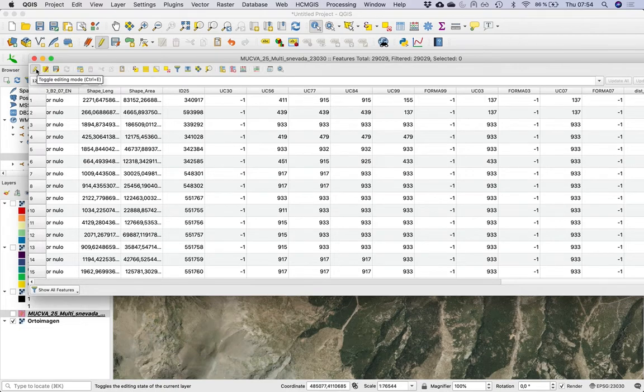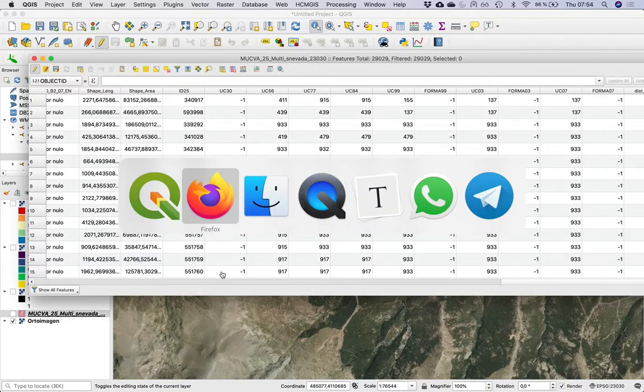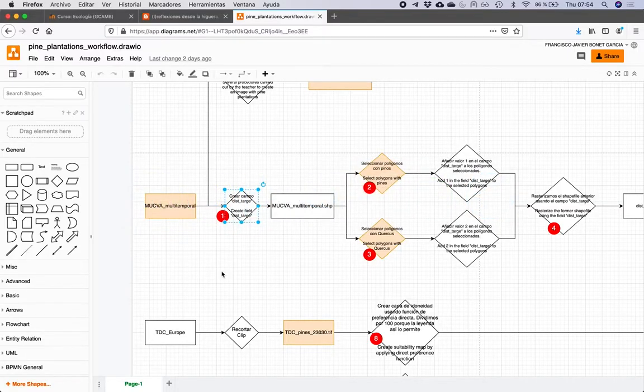We don't need to tackle the editing mode because in the next step we'll need to keep this editing session open, but we will save the edits in order to keep our information safe. Let's go back to